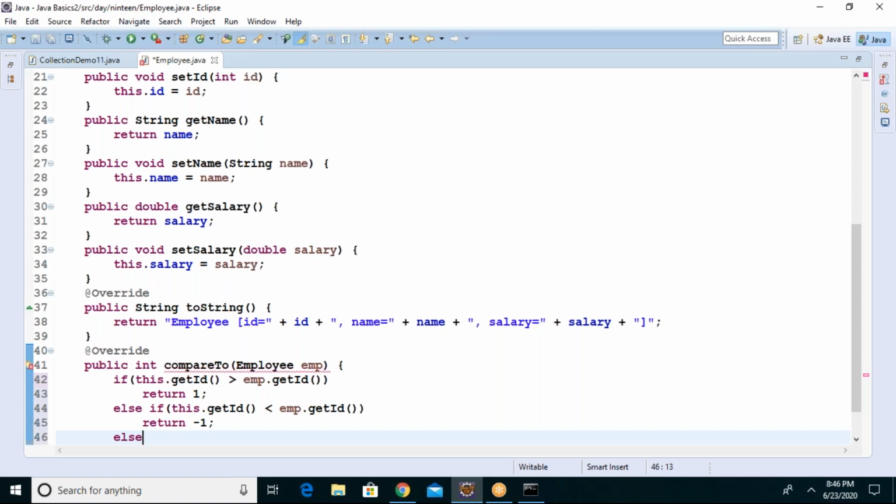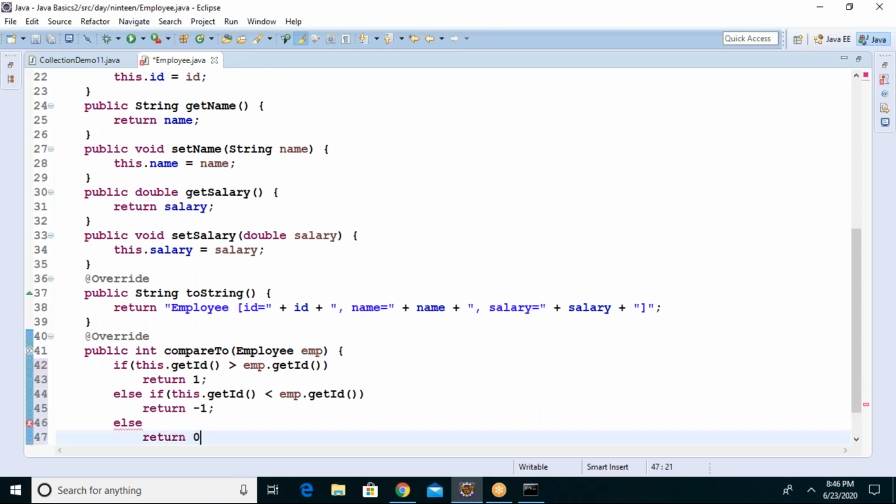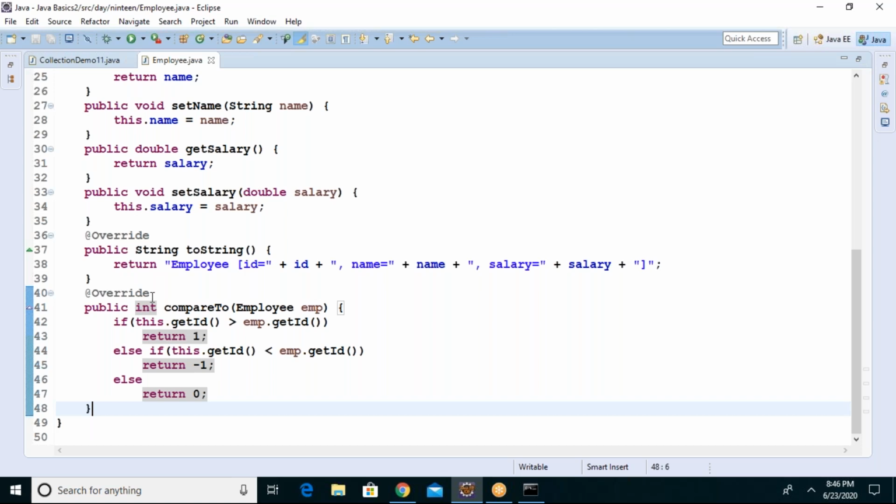If both are equal, else return 0. This is the logic, guys. You need to provide it inside the compareTo method. So based on this, it assumes that if it is bigger than the first one, it will swap. If it is smaller than the second one, it won't do anything. Even if equal, don't do anything. Based on the parameters you provided, the sort method will sort everything.